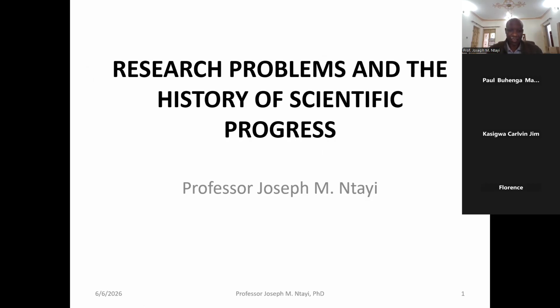accumulated over time, either through reading the various books and journal articles and the facilitation that you have received from your professors, and also the supervisory guidance given by your doctoral committee, means a lot, because we cannot understand the development of scholarly research problems without appreciating the scientific advances and how scientific advances have shaped the way we think about research problems and the way we even frame the statement of the problem.